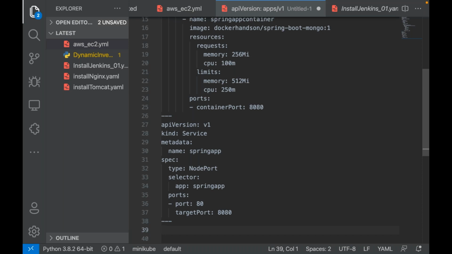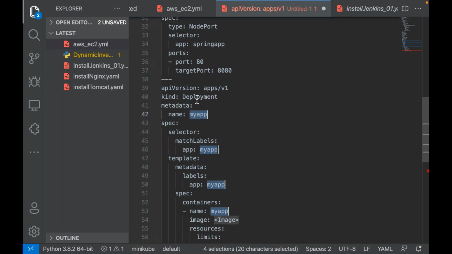Now similarly, can I create a replica set or replication controller for the database? If I want to run the database also as a pod, let me create a replica set or deployment.